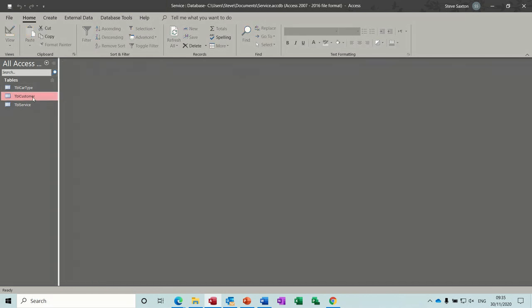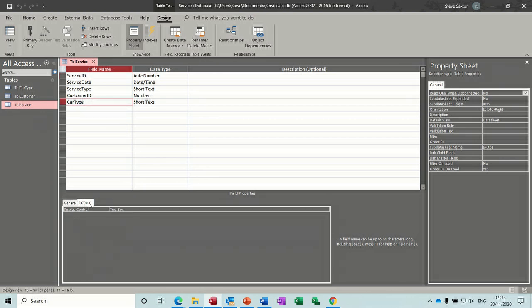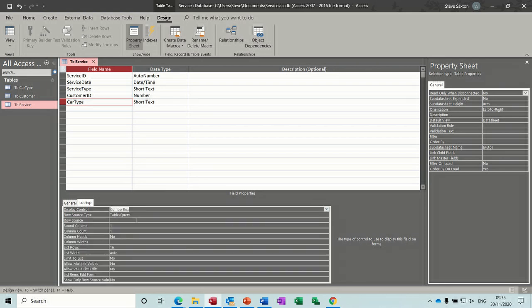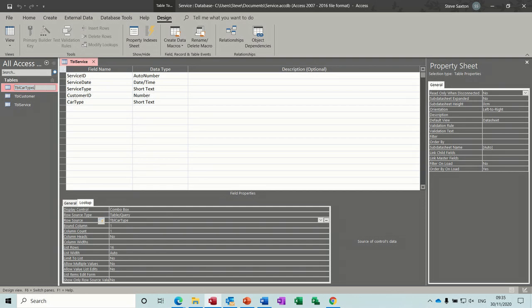And now if I go back to the other table, the service table, go back into design, right click design. So now car type, I can do another lookup, and this time it's going to be looking up a table. So if I drop that down, it's going to be a combo box again, but this time it is a table because I've called it car type, table car type. And before I do that, actually, what I should be doing here is, normally when I do these sort of things, I rename this or have this named as a lookup table, so I know when I look at it, it's just a lookup table. So I might have to just redo this now. Yeah, lookup. So if I save this,